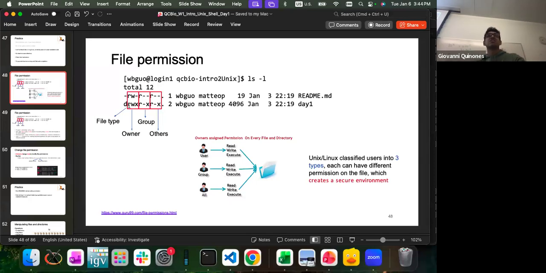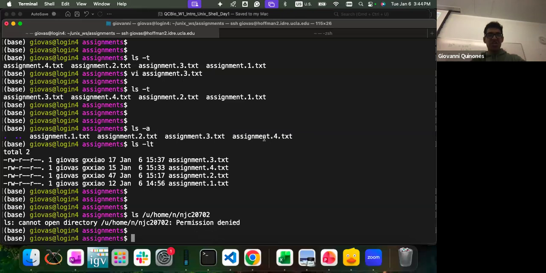Any ideas? What does this X mean? What does it mean to execute a file? Run a script. Yeah, pretty much. So right now we only have files with text. They don't do anything. But if I were to create a very quick Python script, and the Python script is only printing something.